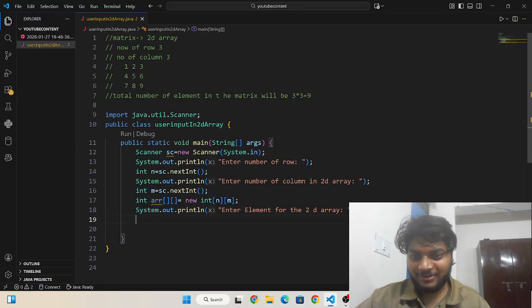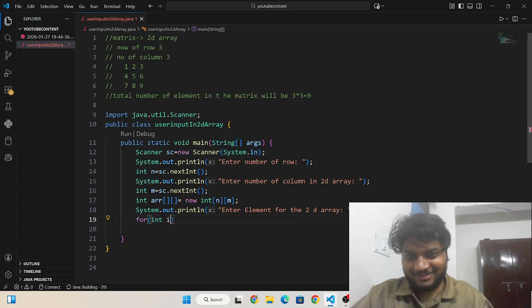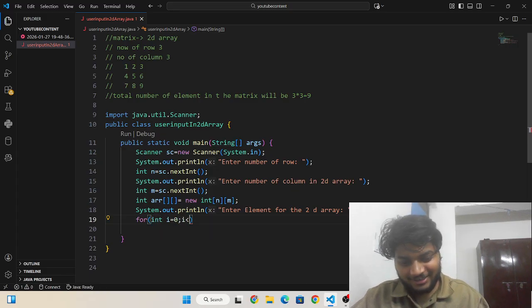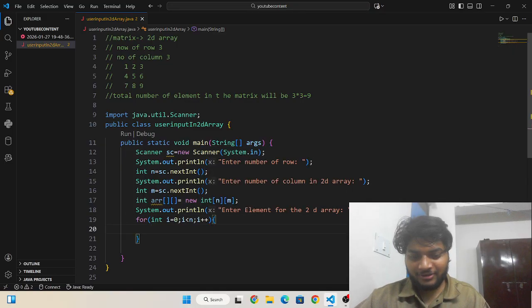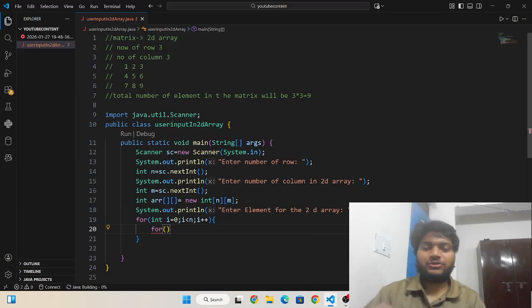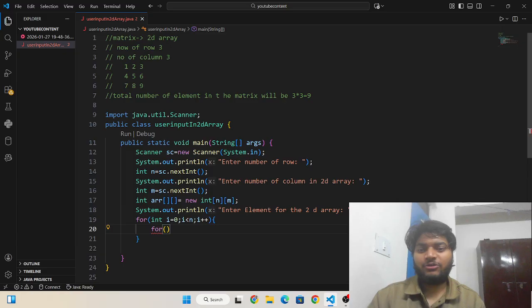So I need to write here for int i equals 0, i less than n, i plus plus, and then I need to write another for loop, because we need to take elements according to row and column. These are two variables, so we need to take the elements using nested for loops.